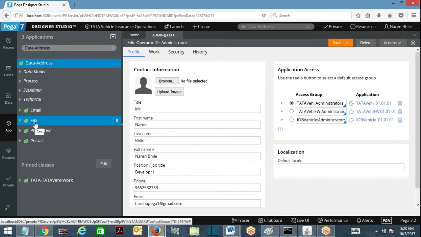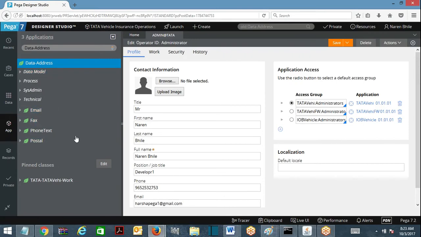If I'm going to hold a fax address, that is going to refer to its own class. Suppose you want to create a home address, that class you have to create here to group everything together at the same place. So I'll create a home class here and then use it as a reference for the address of home. Like that you need to proceed in the development.